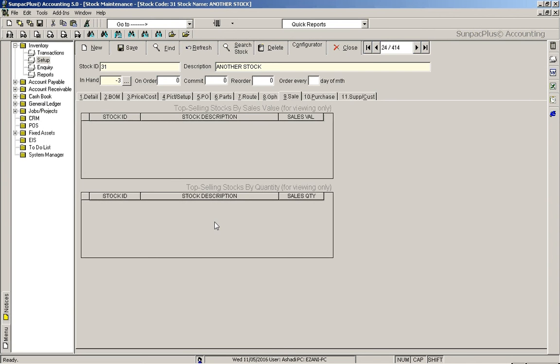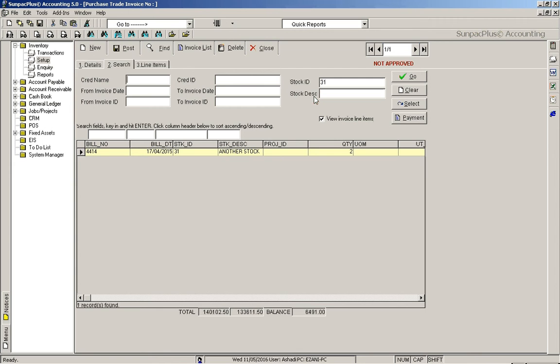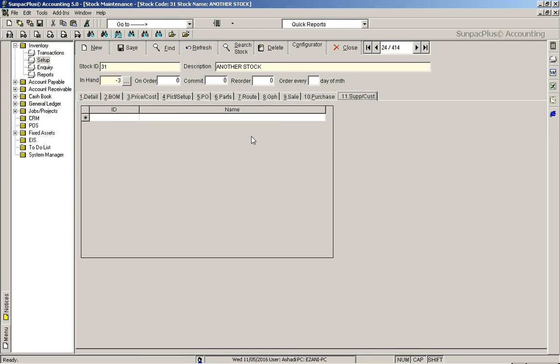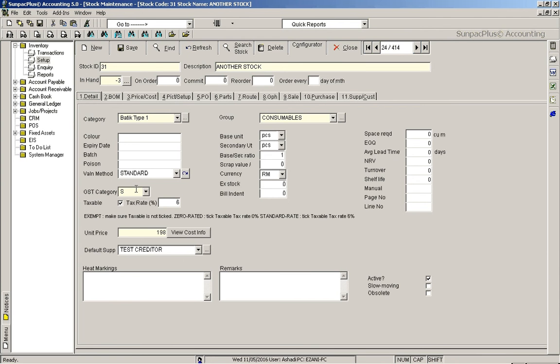Close that, and number 10, you have the purchases, which is the same. All the purchases made for this particular stock item. And then you have the supplier, the customer names, a list of customers and suppliers who buy or sell this item. So that's your stock master screen, which is quite comprehensive,